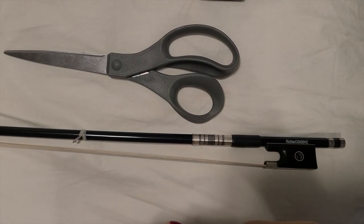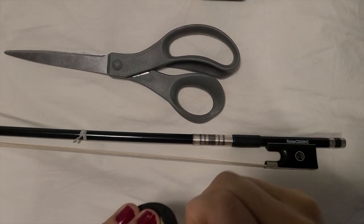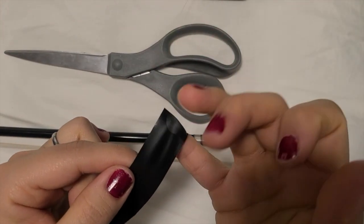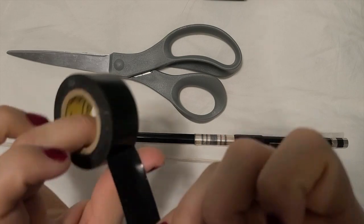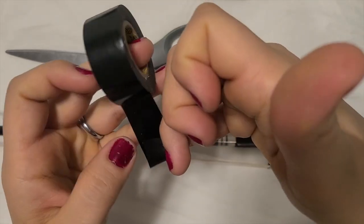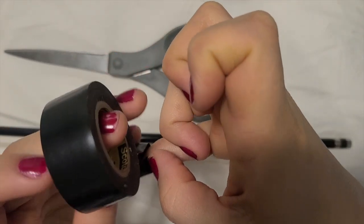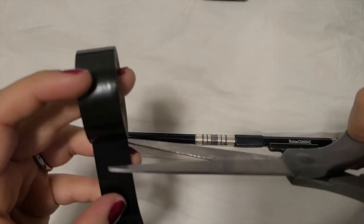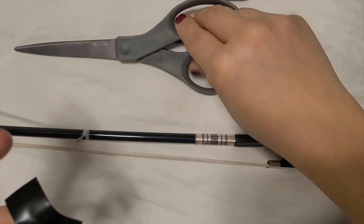And you're gonna cut a little piece, a strip of tape that is big enough to wrap around your student's pinky, plus a little bit more for overlap. So I'm gonna say probably about right here. Okay,